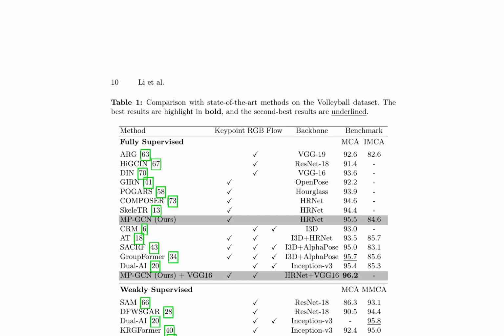In the context of group activity recognition, the multi-person Graph Convolutional Network (MP-GCN) model outperforms state-of-the-art methods on the volleyball dataset. It achieves a remarkable 95.5% in multiclass activity (MCA) and 84.6% in individual multiclass activity (IMCA) in fully supervised settings. The MP-GCN model utilizing YOLOv8X for object detection also shows effectiveness in weakly supervised settings, with 92.8% in MCA and